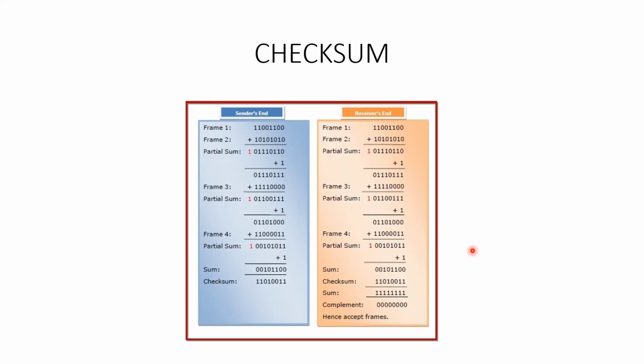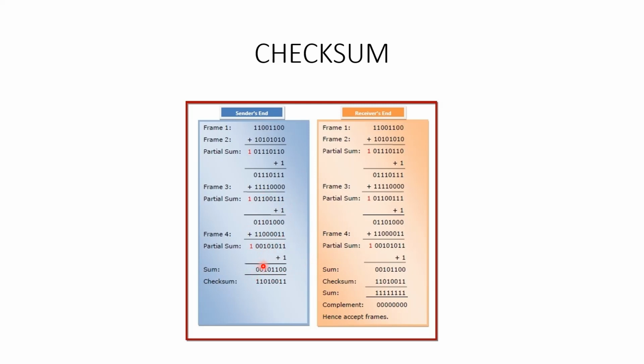See, this is frame number 1, frame number 2. When we are adding, we'll get a carry. Again, this carry will be added to 1. This is the procedure of one's complement addition. This is the method or mechanism, you can say, to implement one's complement addition. Whenever there is a carry, it has to be added. Again we are finding this, then again we are adding this with frame 3, then again the sum is added to frame number 4, and finally this is the final sum.